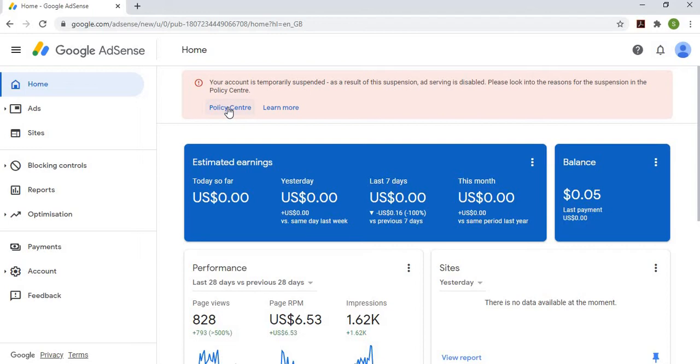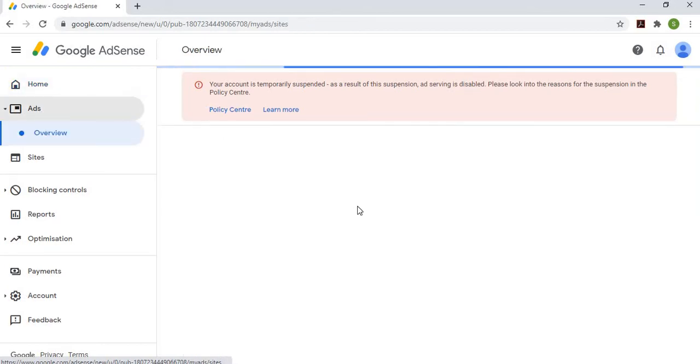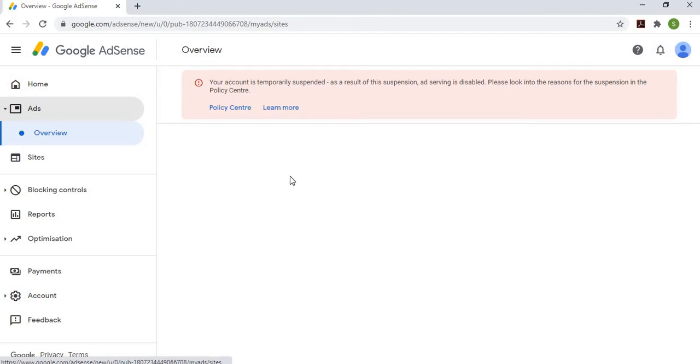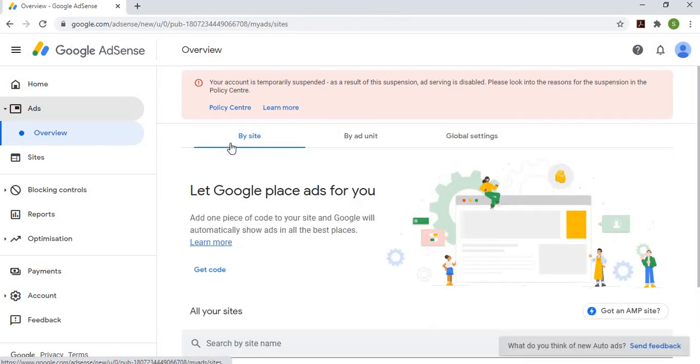So first I will show you for how long Google blocks your Google AdSense account. Friends, for this let us move to the ads section of the Google AdSense account. This is the ads section, and after that just click on the top policy center.